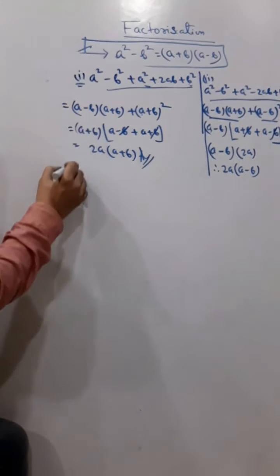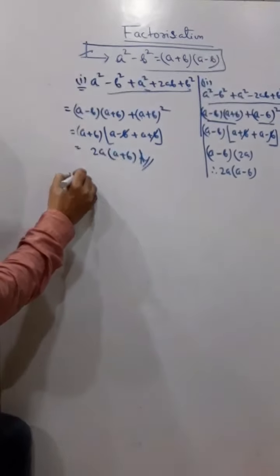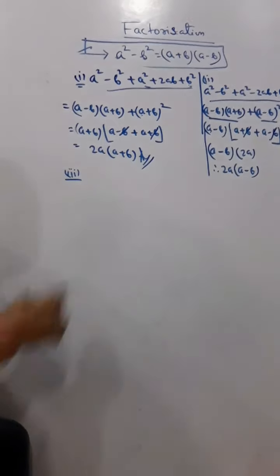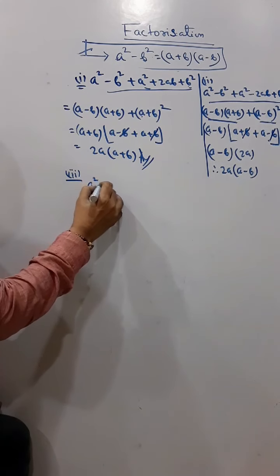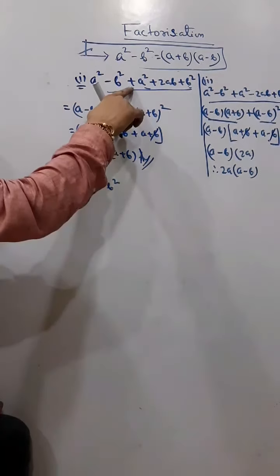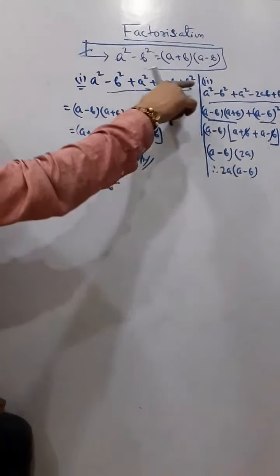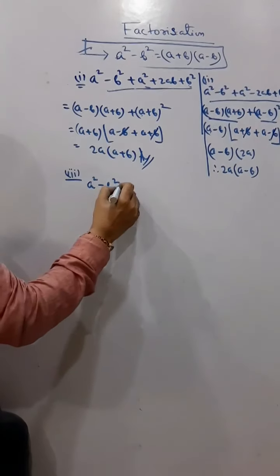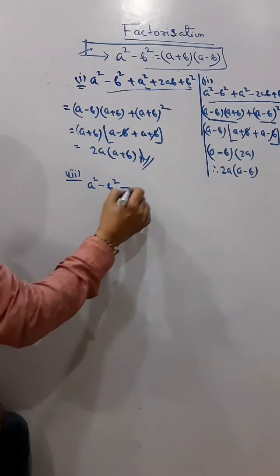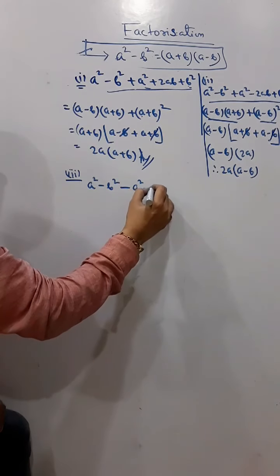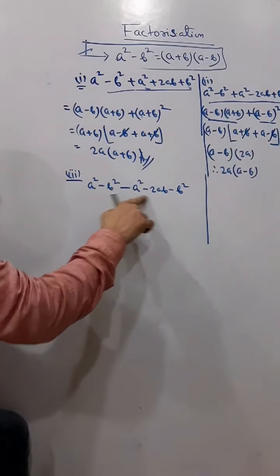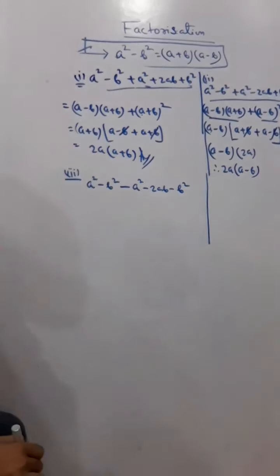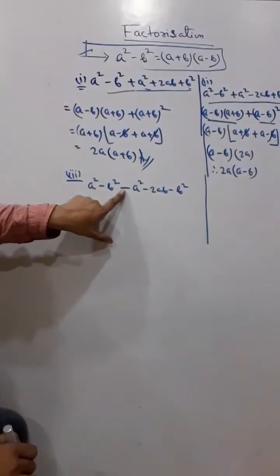Now just see, sometimes you have to take care about the sign. The same sum, similar sum, they may have given in this way. Here it was plus, so no problem, directly you are applying the formula. Now sometimes they can give you a minus here, and they can write this one as a square minus 2ab and minus b square. So you don't have any formula of a square minus 2ab minus b square, but you have to understand there is a minus sign here.